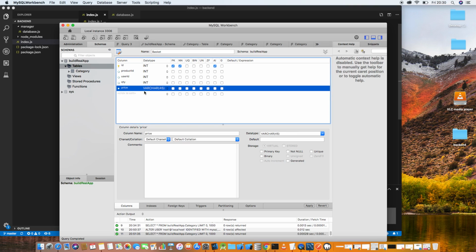This is the single price, not the total. For example, if you have a quantity of 5 and the price for each one is £3 or $3, it will be 3 here. After this we can get the total in the front end or the back end, but this is basically the idea. Price will be,